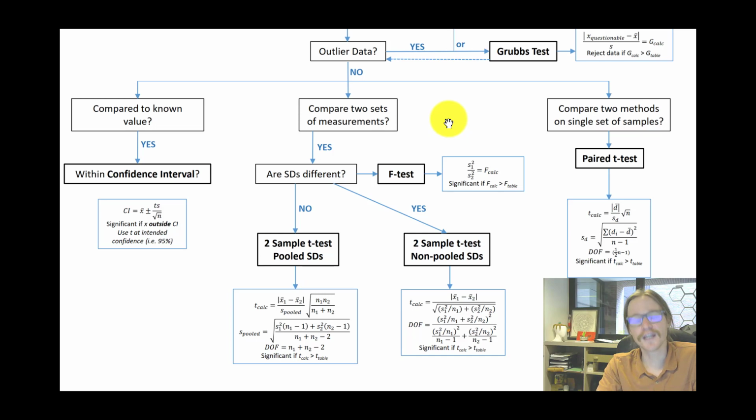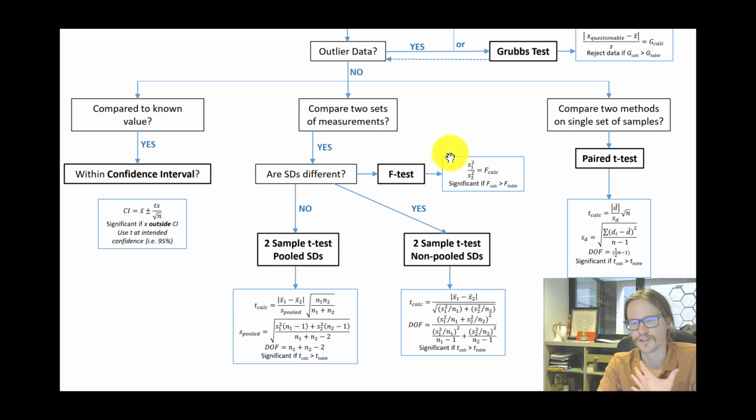To figure out if the standard deviations are different, you run the F test. The F test is really basic. It's just a ratio. So you take the standard deviation of the first data set squared divided by the standard deviation of the second data set squared. So in this case, maybe it's two sets of measurements, meaning you measured